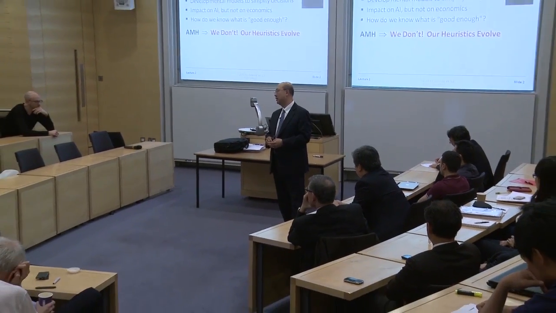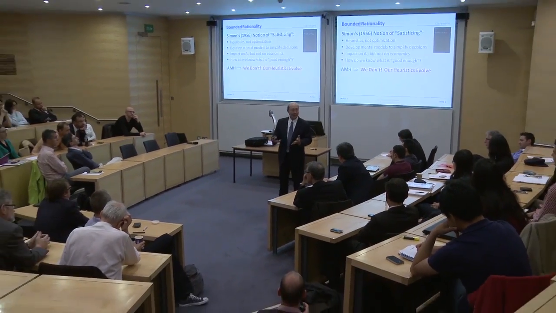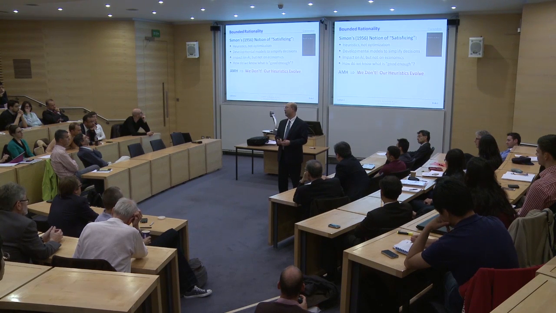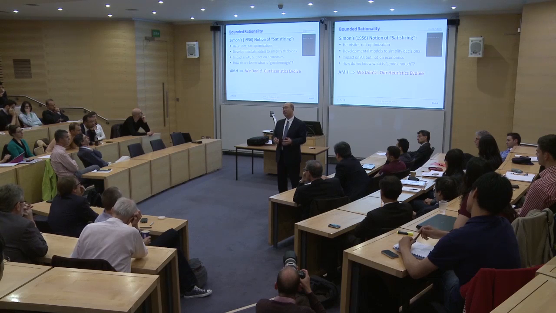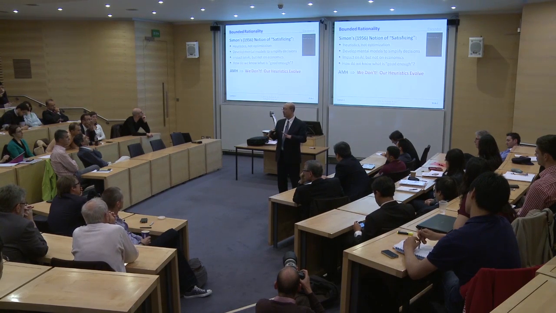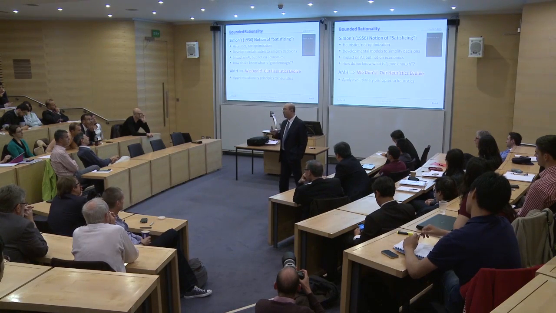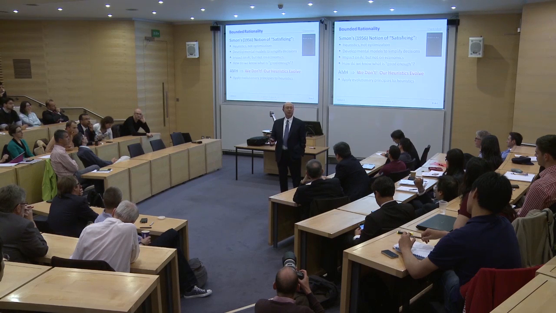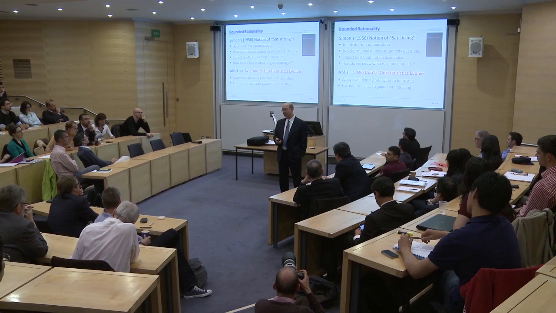Simon didn't have a compelling retort, and frankly, I think that the answer is a lot simpler than we think. The proposed response that I would give today is that we, in fact, don't know when good enough has arrived. We simply behave in a way through trial and error based upon the environment and the kind of feedback we are given in those environmental conditions. So I want to give you an example of how we apply this in a very, very simple context. We're going to apply evolutionary principles to heuristics, and then throughout the rest of this lecture, I'm going to bring in the neurosciences and then ultimately apply that to modeling financial dynamics.